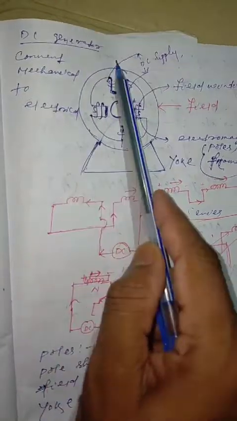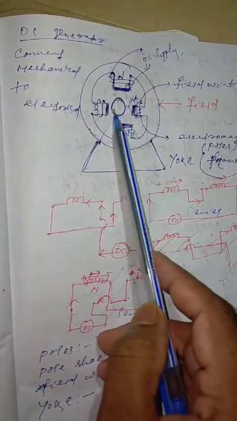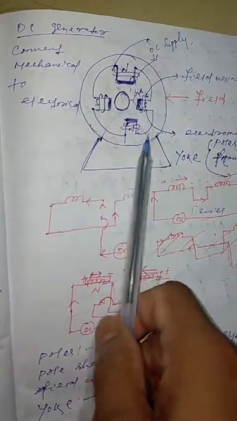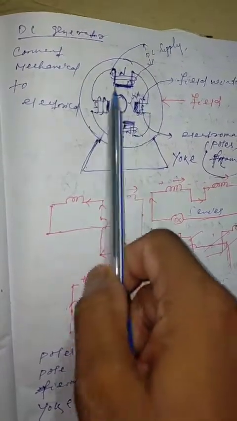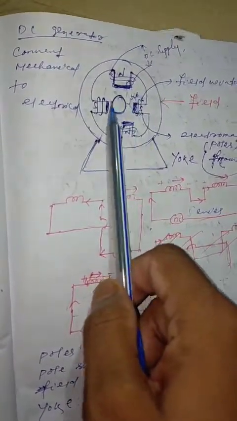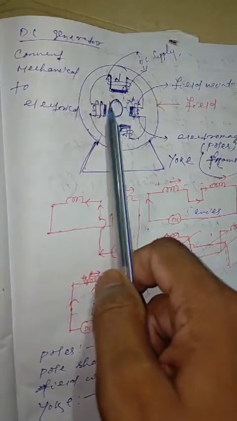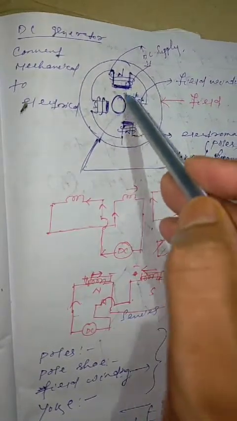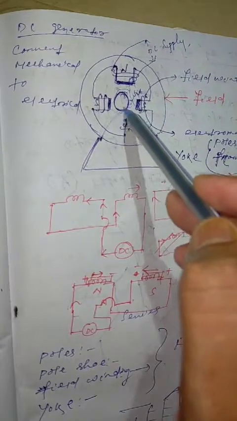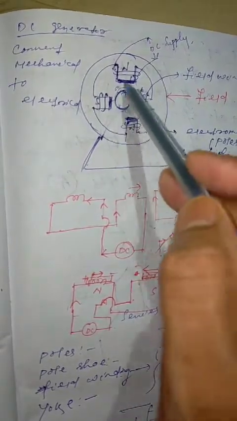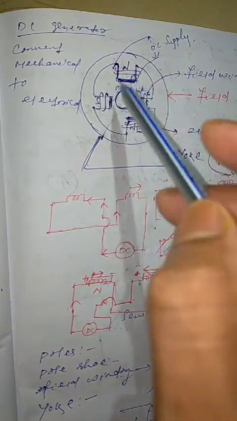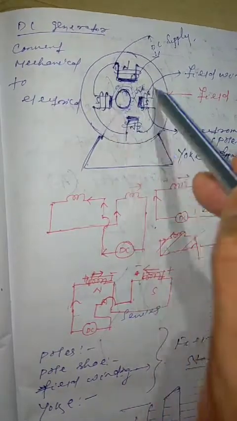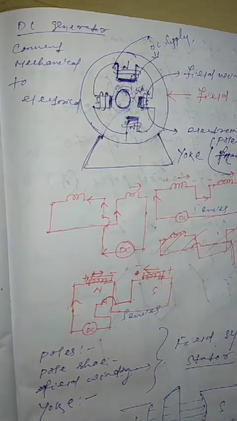The DC generator converts mechanical energy into electrical energy. How is it converted? For any kind of machine you always have the field system where the field is created like this. Inside the field I have to rotate this particular rotor. Once it is rotated through a shaft, one shaft like this will be there, at the outer periphery of this rotor we will have the rotor conductor. Once it is rotated, the magnetic field that is created is caught by the rotor conductor. Hence in the rotor conductor we will have the induced EMF.